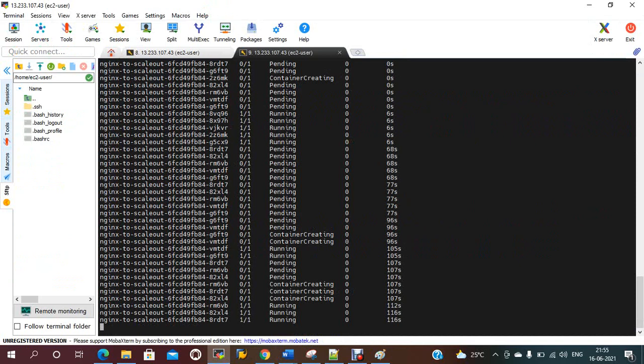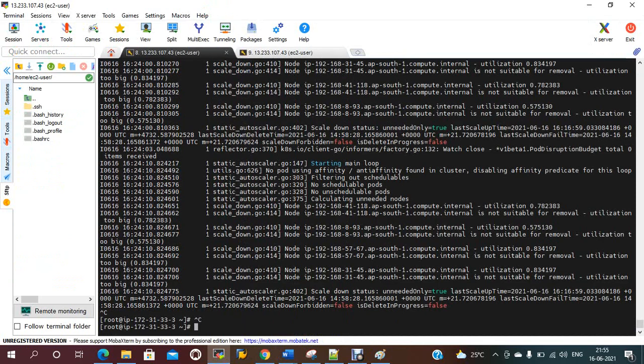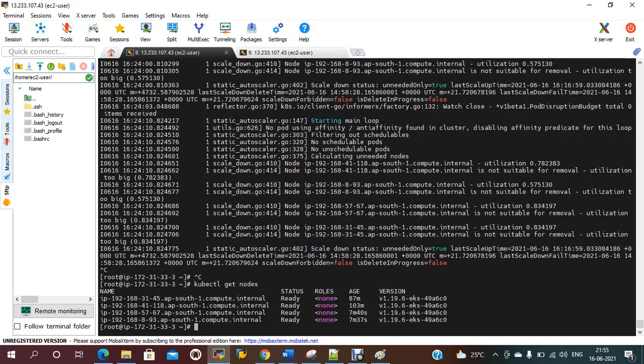So like that you can increase the cluster nodes. Now get nodes. See, now 4 nodes, extra 2 nodes added based on this. If my replicas are fewer, it goes down to minimum 2 nodes. Automatically 2 nodes should be deleted, and it comes back with minimum 2 nodes only.